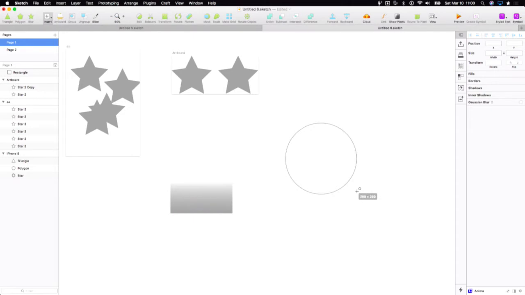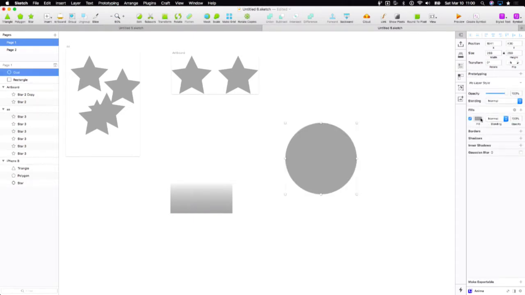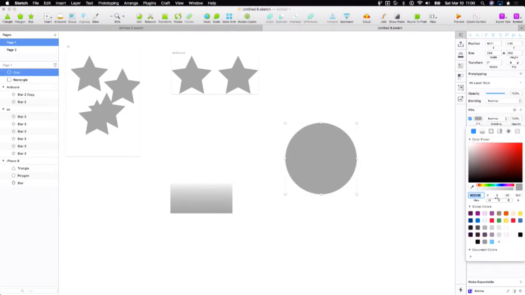I'm going to have a circle. And then I'm going to have the background be, let's say, this purple. And if you notice down here, I have some global colors. These are like the Wiretap colors that I use all the time. I have 0 document colors, which would only pertain to this Sketch file,